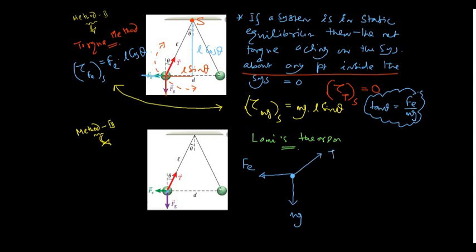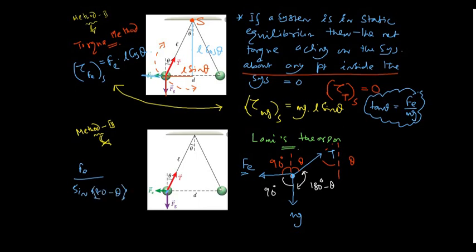Let us talk about the angles. If this is theta, undoubtedly this is theta, this is 90 degrees, this also is 90 degrees, and this angle is nothing but 180 degrees minus theta, right? So Lami's theorem tells that force divided by sine of the opposite angle is constant. So we can write Fe by sine of the opposite angle, meaning 180 minus theta,